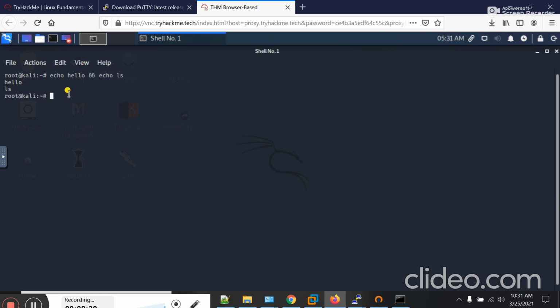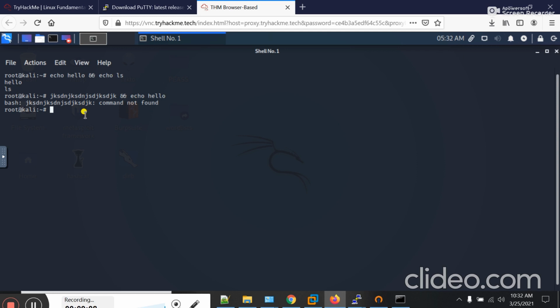If I type something like that and then I type and echo hello, in this case I don't think any output will be shown. Why? Because the first command is not executed successfully. As I type enter, you see that bash says command not found. Okay guys, mean to say ampersand will execute the second command if the first command executes successfully.